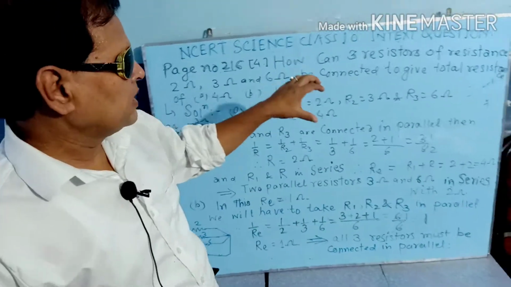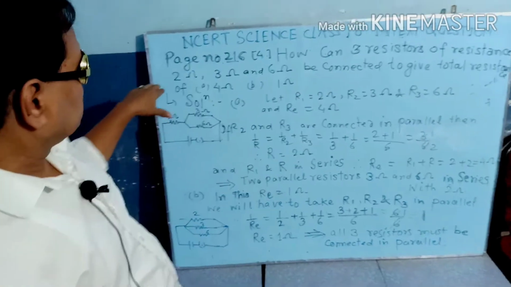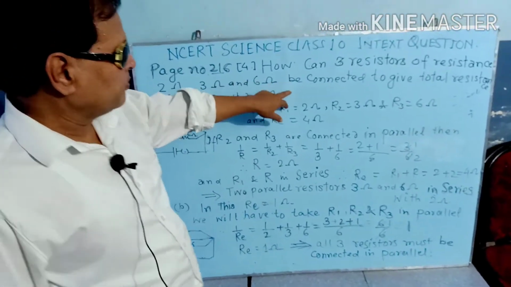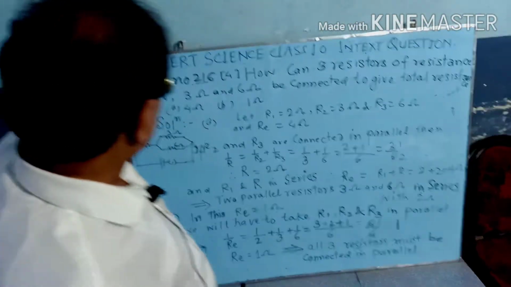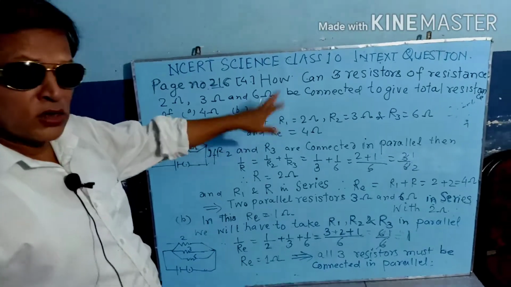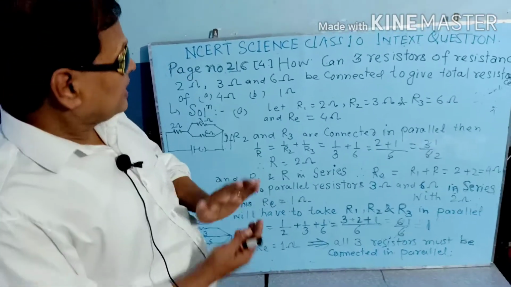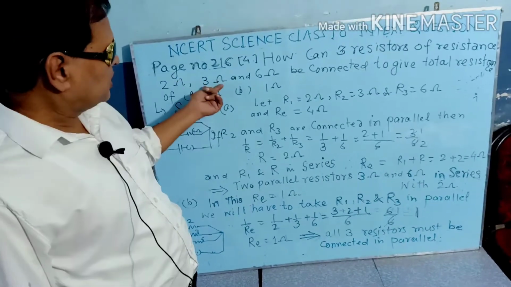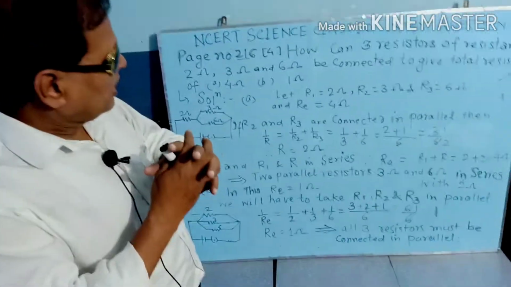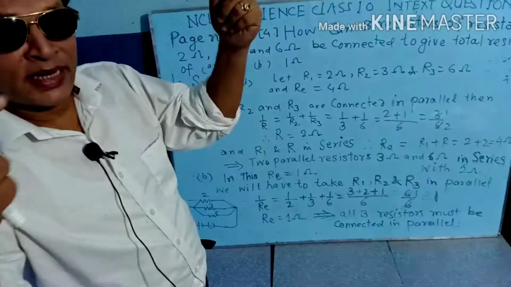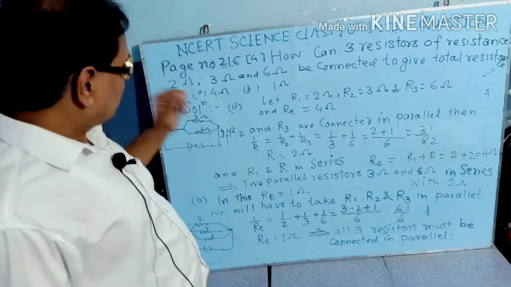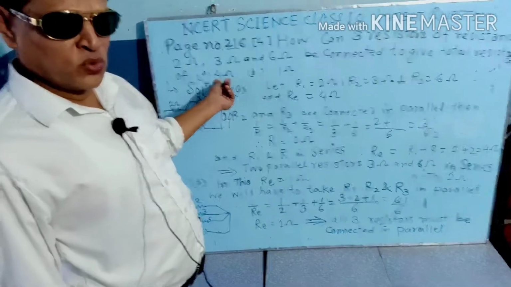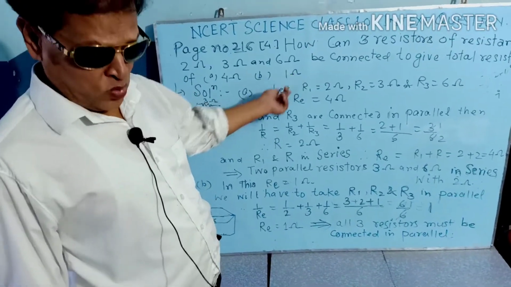Question क्या है? How can three resistors of resistance 2 ohm, 3 ohm, 6 ohm be connected to give total resistance of 4 ohm and 1 ohm? Means कैसे हम तीन रेजिस्टर्स जो हैं 2 ओम 3 ओम और 6 ओम के वैल्यू के जो रेजिस्टर्स है कैसे हम कनेक्ट करें। कनेक्शन का दो ही तरीका, एक पैरेलल एक सीरीज। कैसे कनेक्ट करें कि हमारा टोटल यानी इक्विवेलेंट रेजिस्टेंस 4 ओम और दूसरे केस में 1 ओम हो जाए। कैसे अरेंज किया? अरेंजमेंट इज सिंपल।